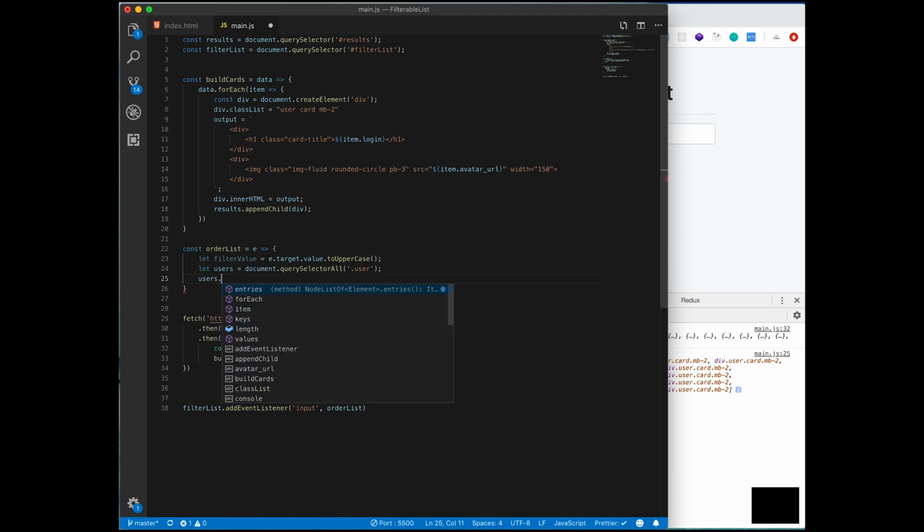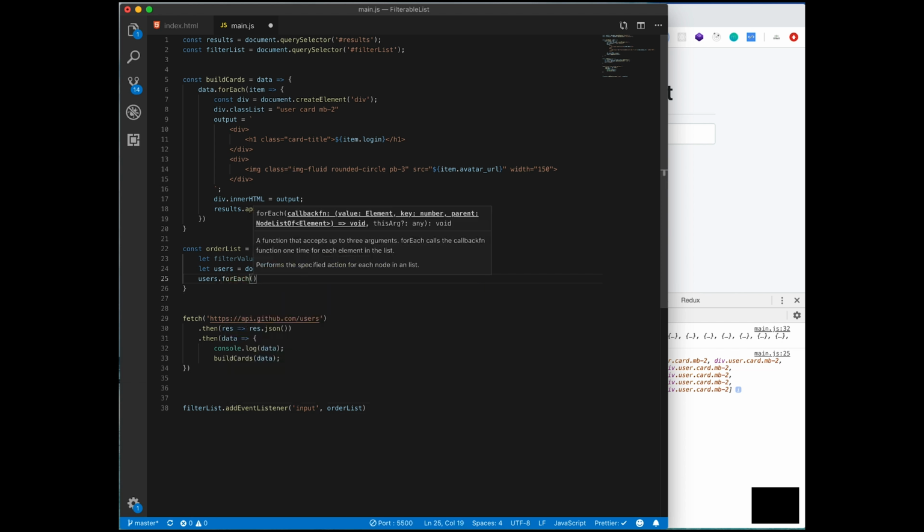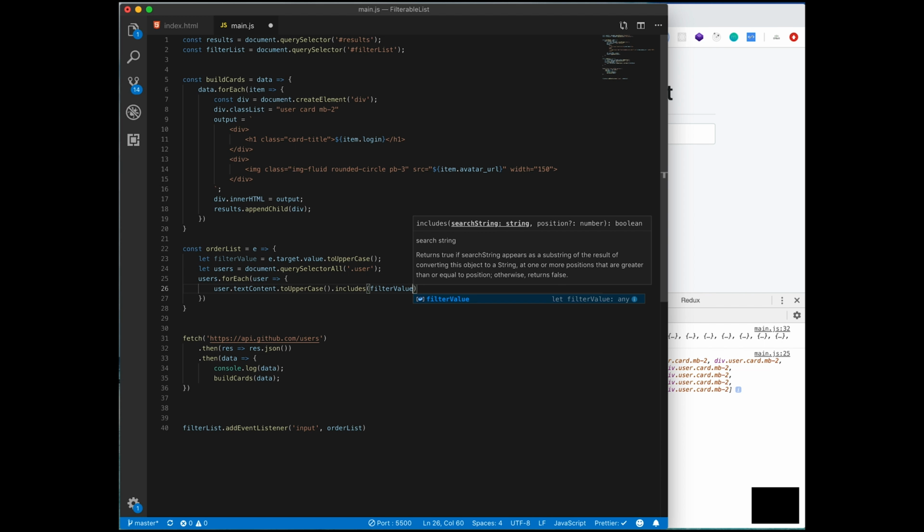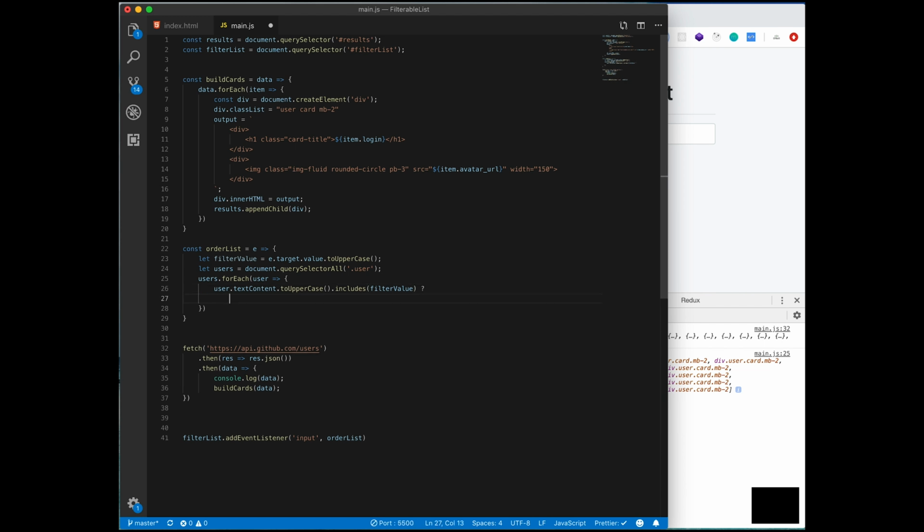So we want users.forEach, and for each user we're going to use an arrow function. We're going to basically run a check, and we're going to display it if it matches what the filter value is, and if not, we're not going to display it. So we're going to assign styles to it. We're going to say if user.textContent.toUpperCase().includes the filter value, and we're just going to use a ternary operator here. If it does, we want